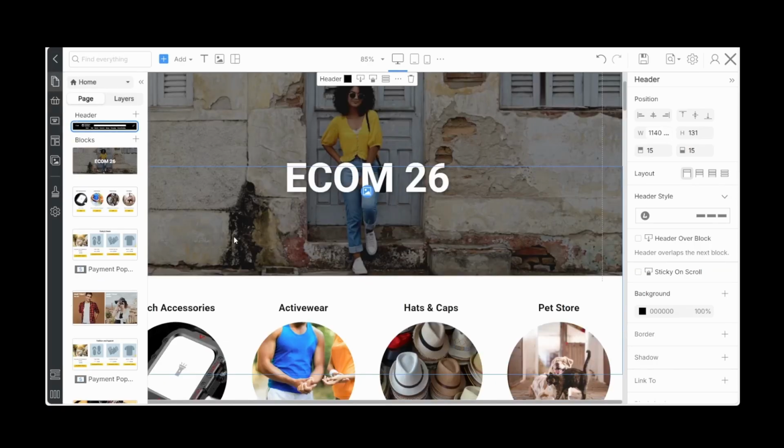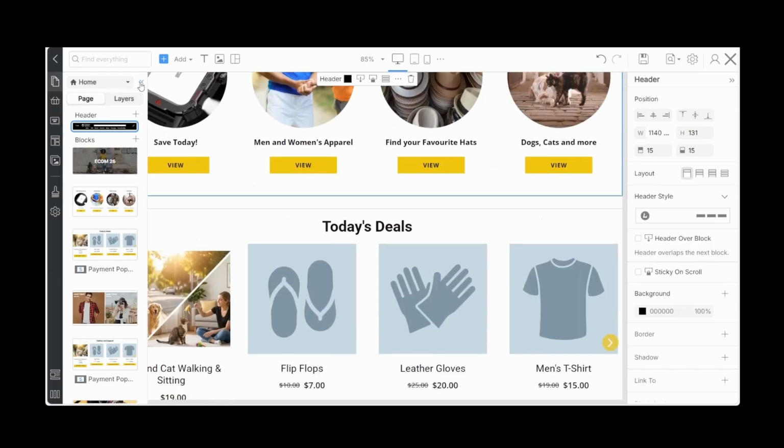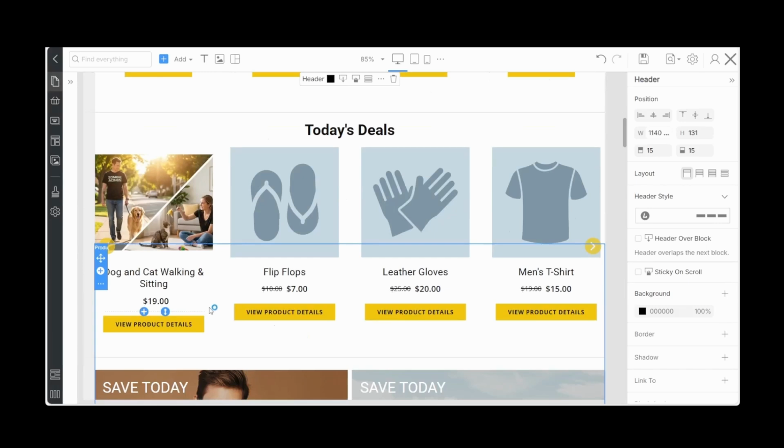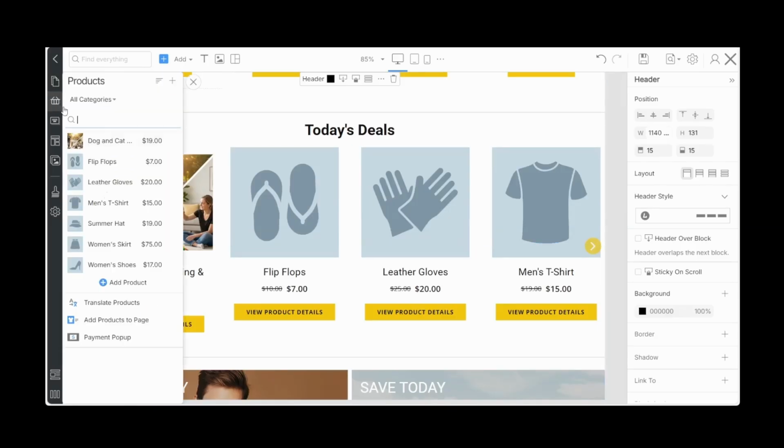Let's take a look right here. There it is right there. That looks nice, $19. And let's go back to products. And I'm going to continue adding my products, and I'll be right back.